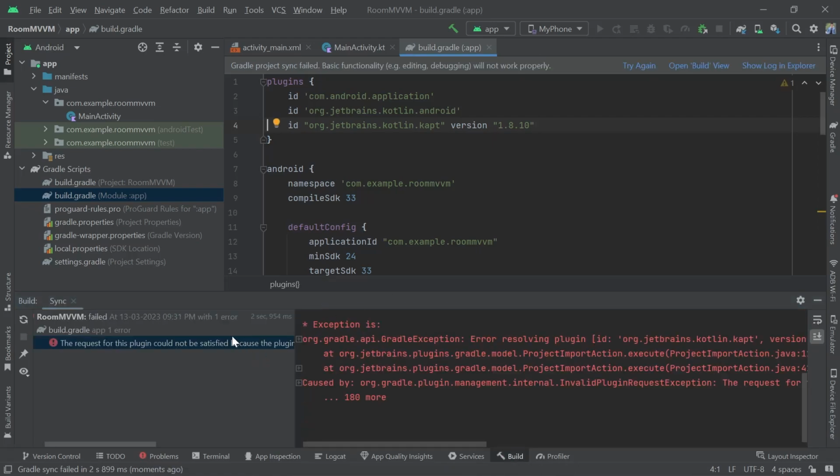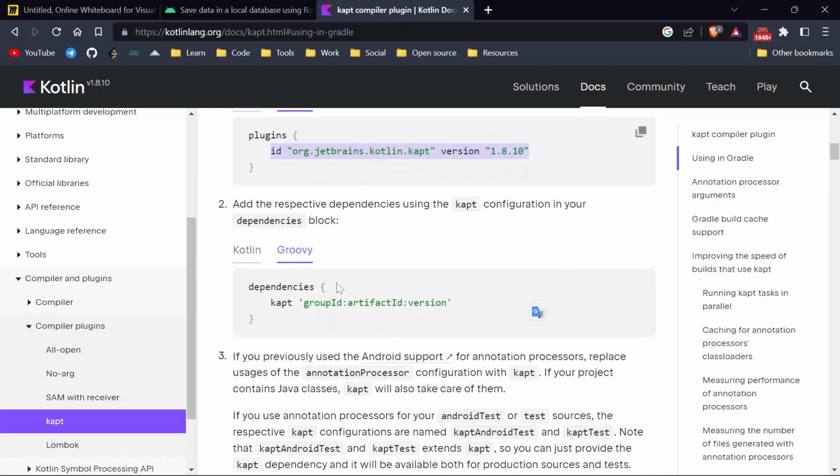Okay, it is still giving us an error. And now you can see the request of this plugin could not be satisfied because the plugin is already on the classpath with an unknown version. Okay, we have to search for anything else here,